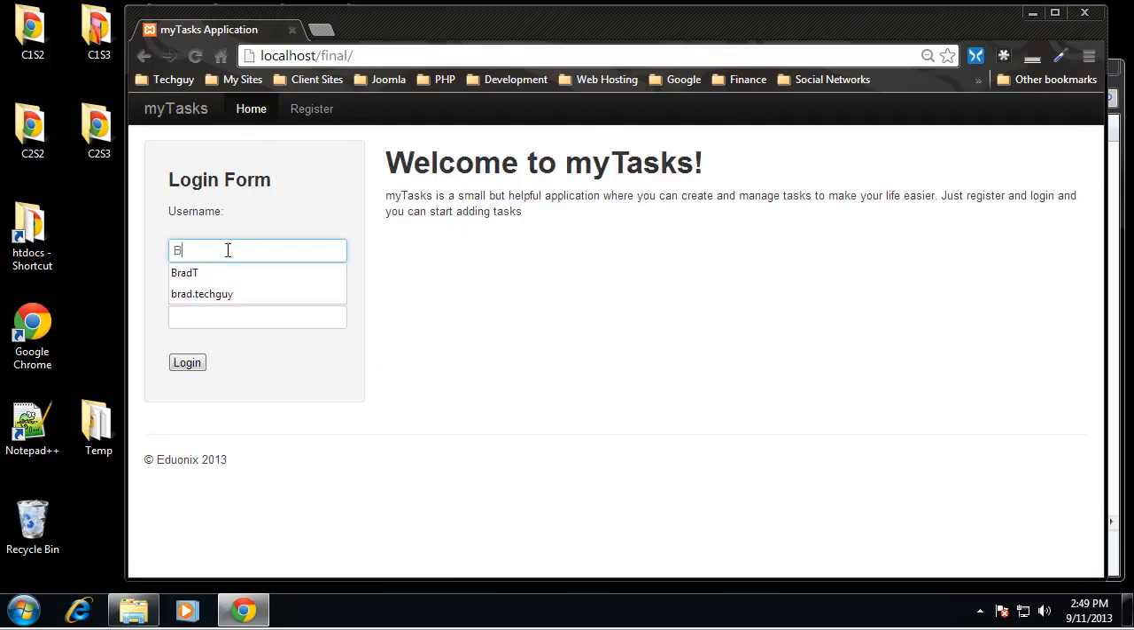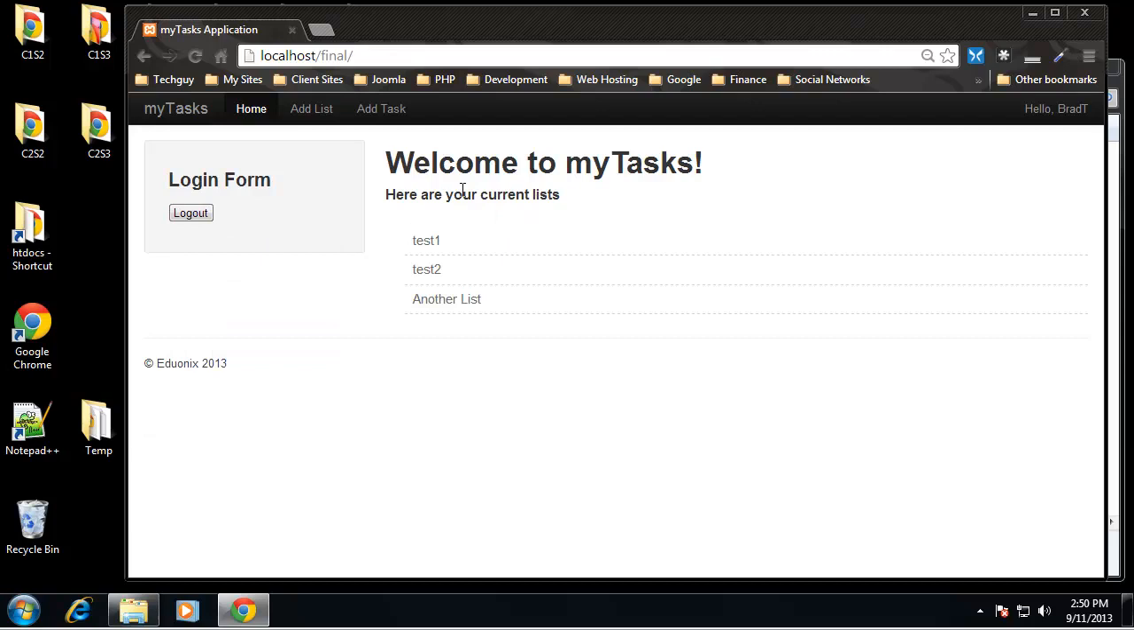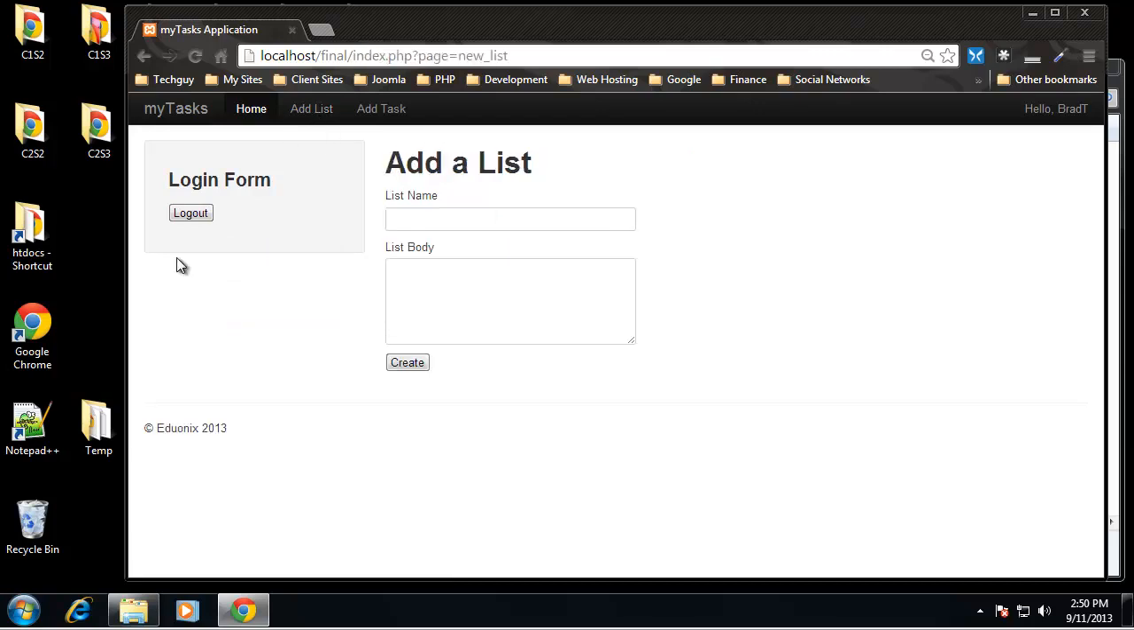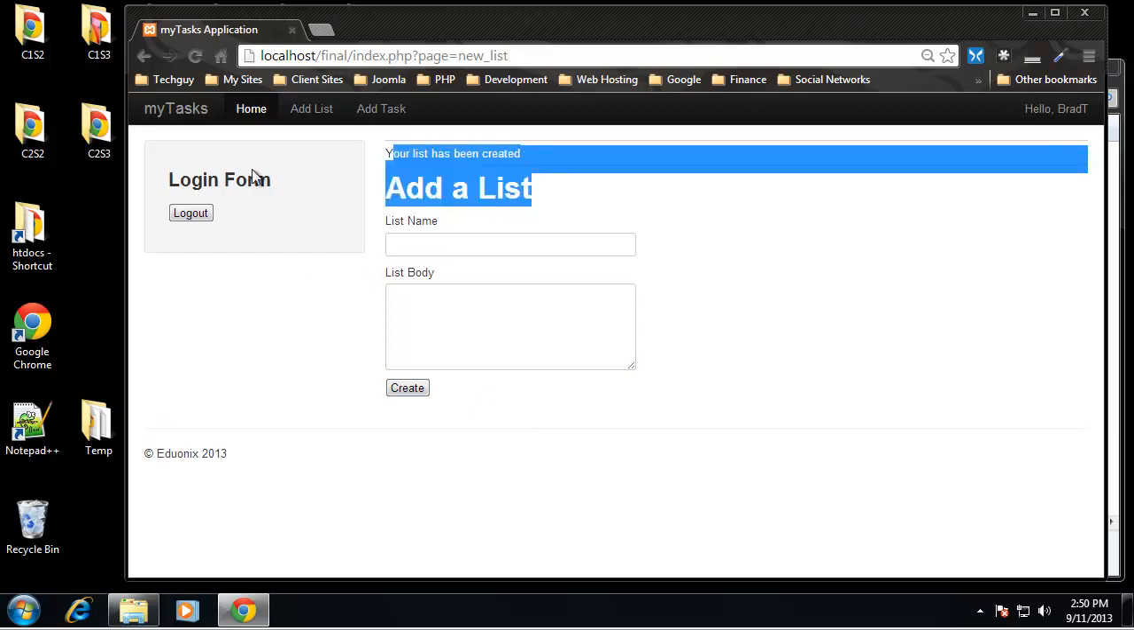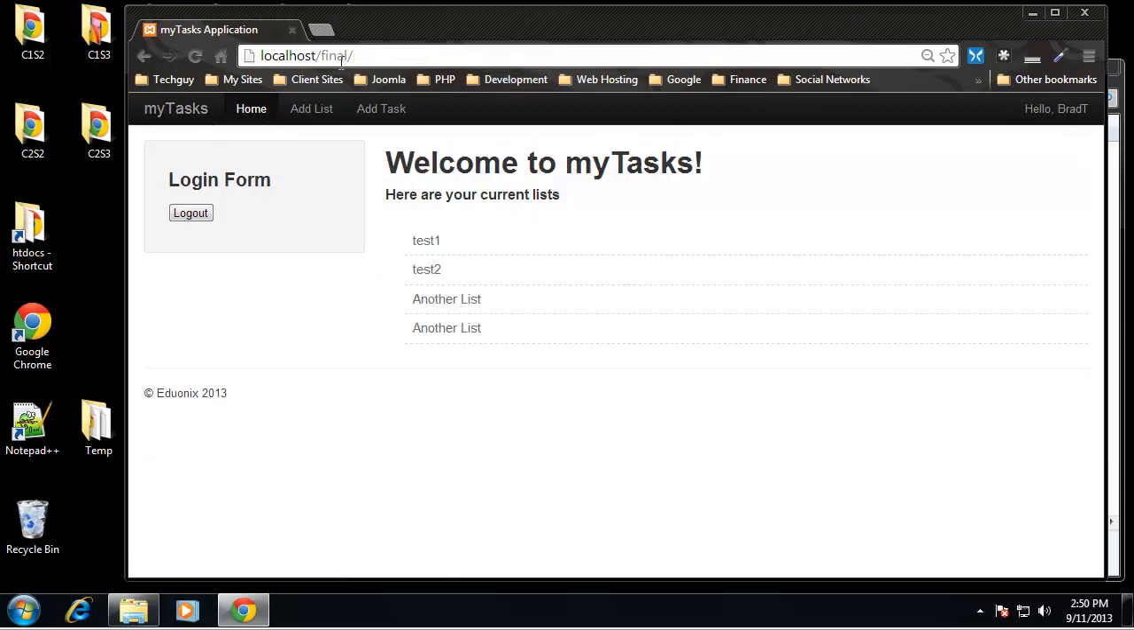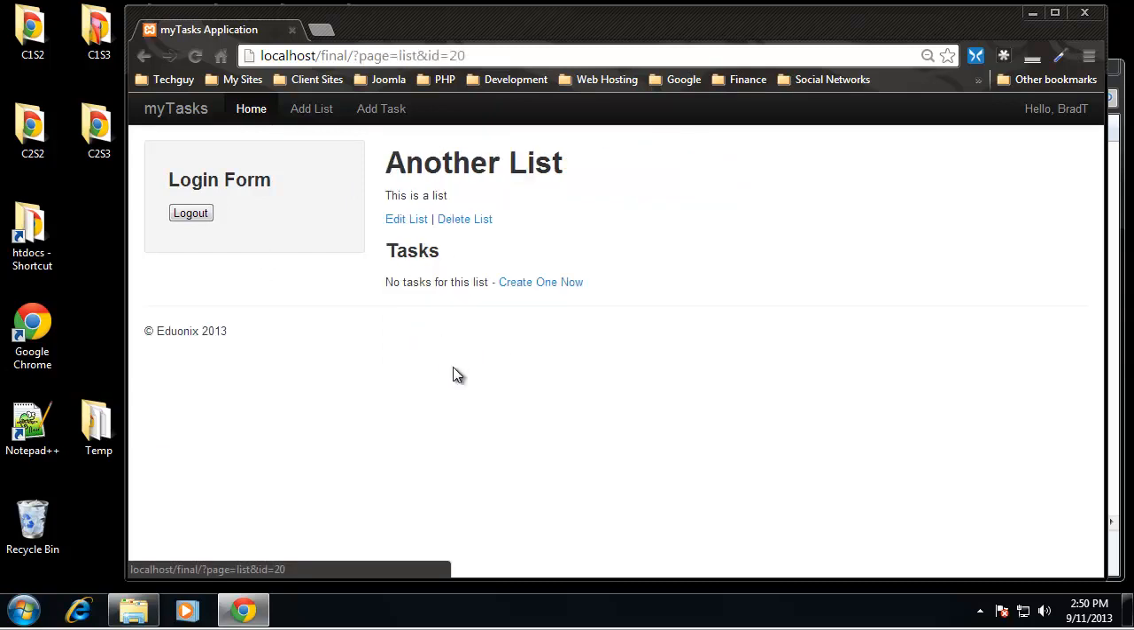So I'll log in. Once they log in, they can create lists. If you see this add list link up here, and you can create a list. So this is a list of tasks. That's what these are. So you can see a list has been created. If we go back to our dashboard, you can see another list was created, and we can click on that,